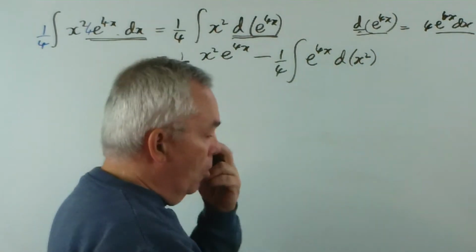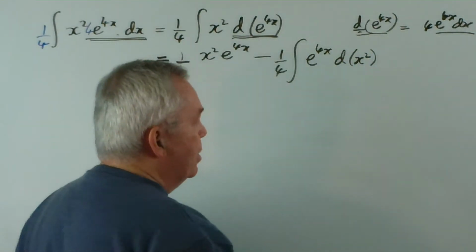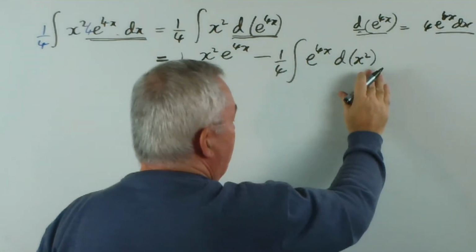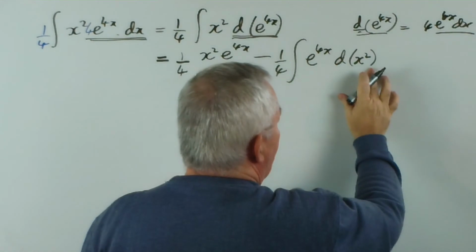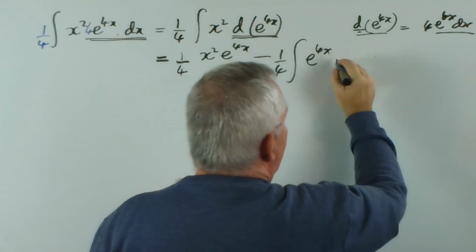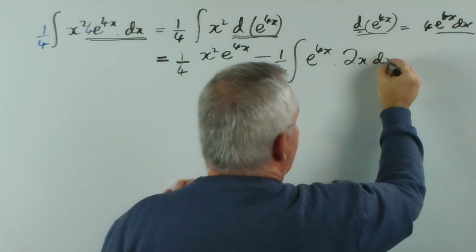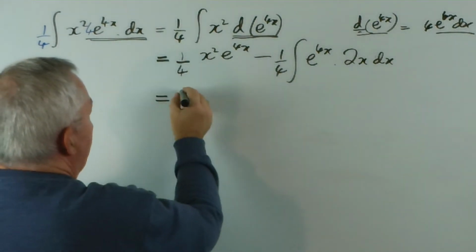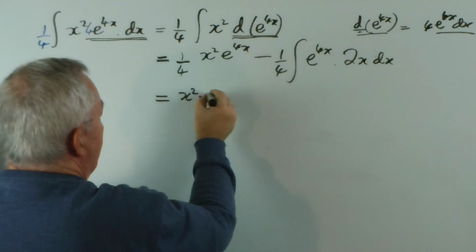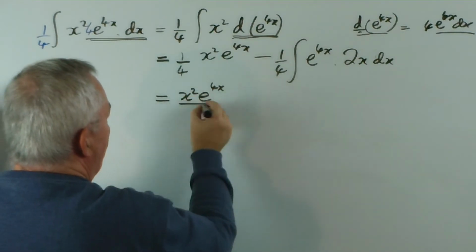Now, I would normally, if I was doing this, instantly convert that. In fact, I might do that. It'll just save a little bit of space. What's the derivative of x squared? Well, it is 2x dx. I hope you can bear with that. So this is x squared e to the 4x on 4